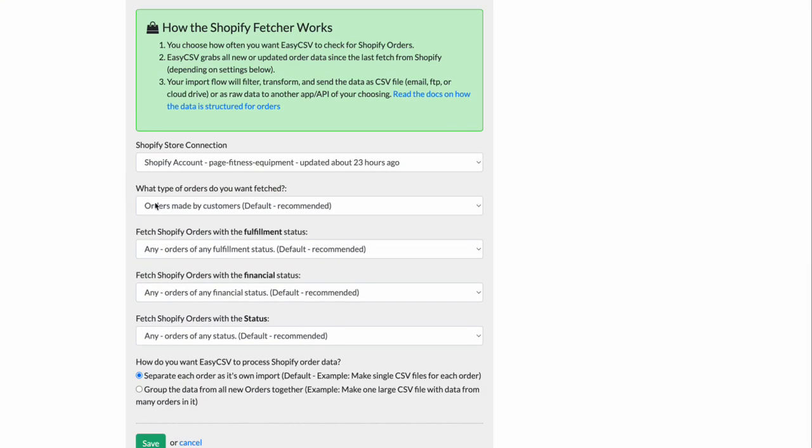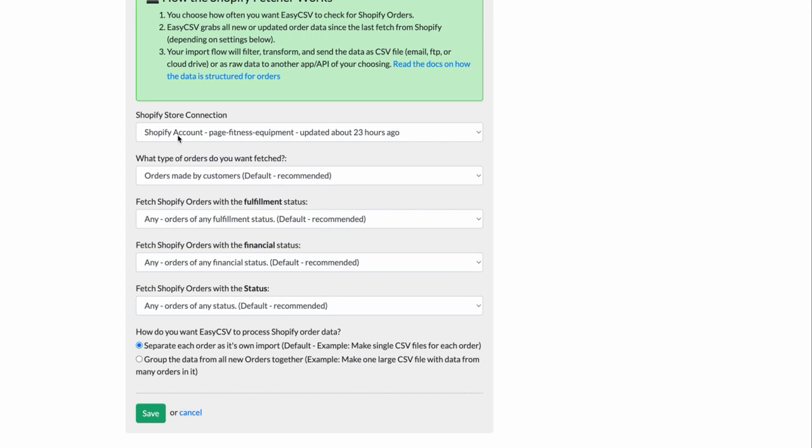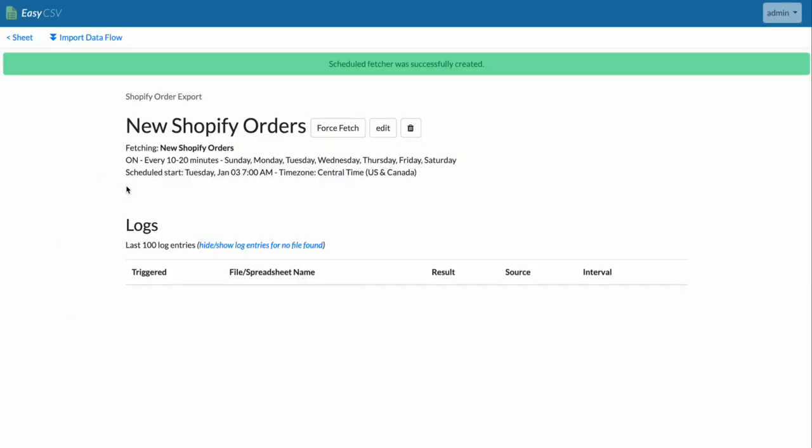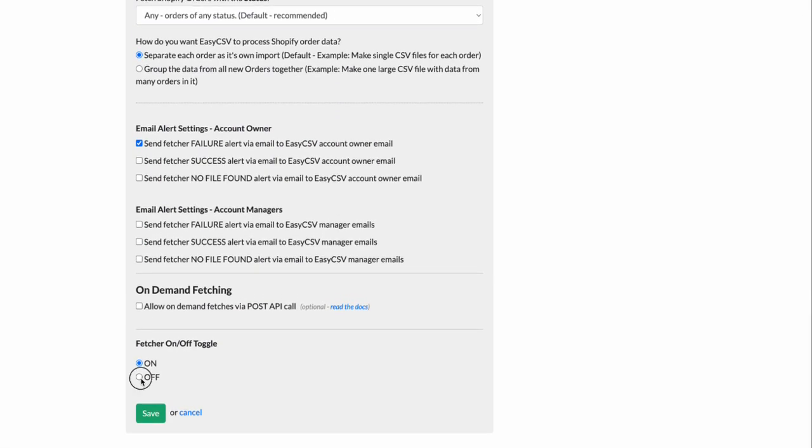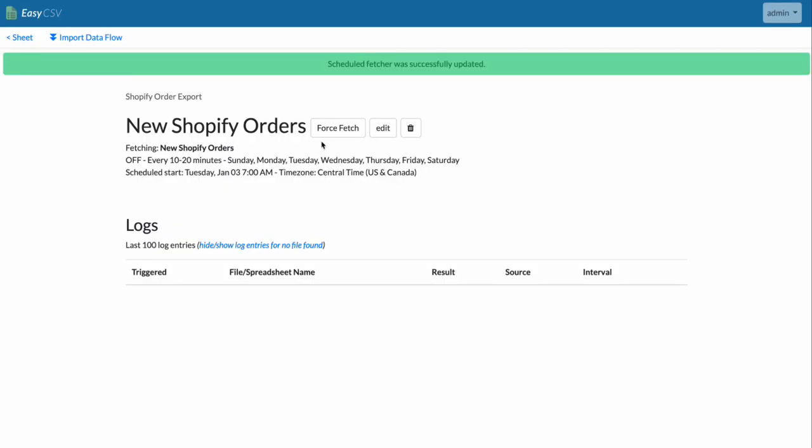And yep, I'm going to do this. Cool. Make sure you have your Shopify store connected. We'll save this. And it's on right away. So right now, if there is a new order made, the system checks every 10 to 20 minutes. If there's one or many new orders made in that time period, it'll start fetching them and making CSVs and emailing them to people. So what you can do is edit, and you can turn it off for now, and then you can make a